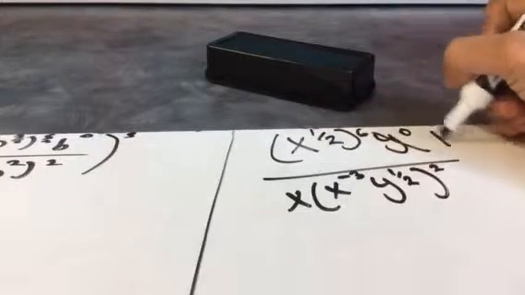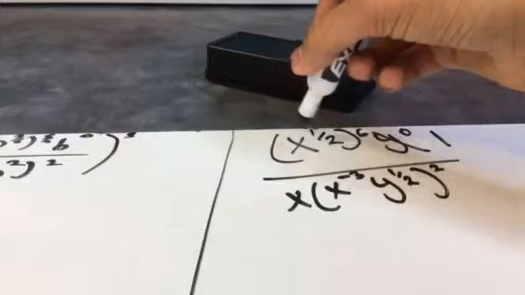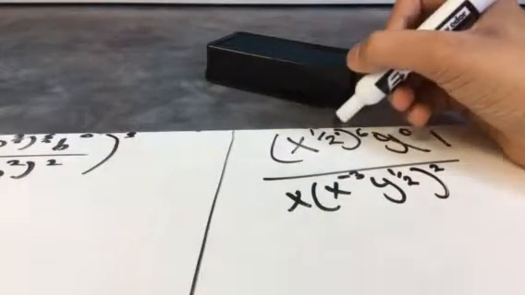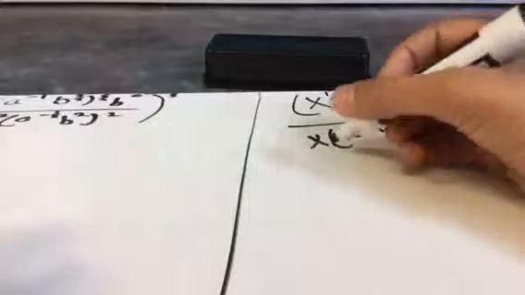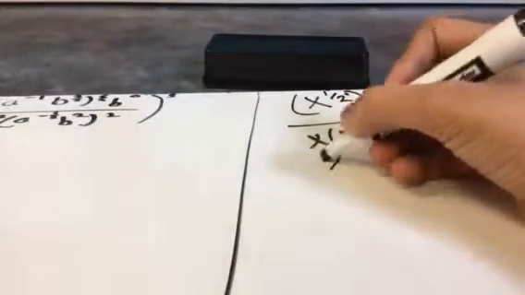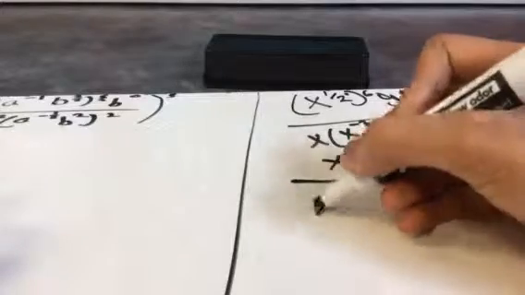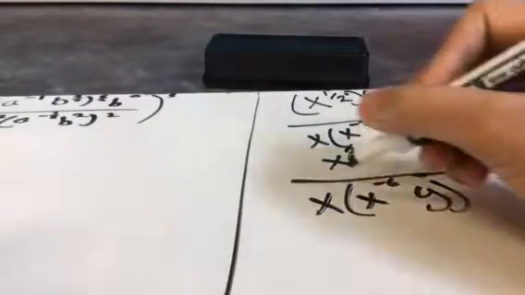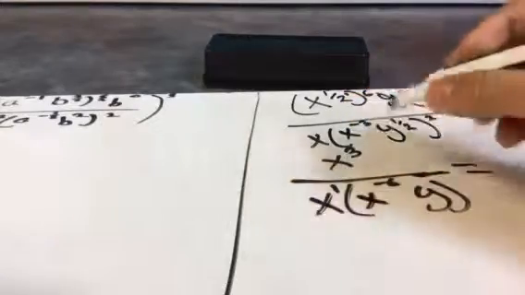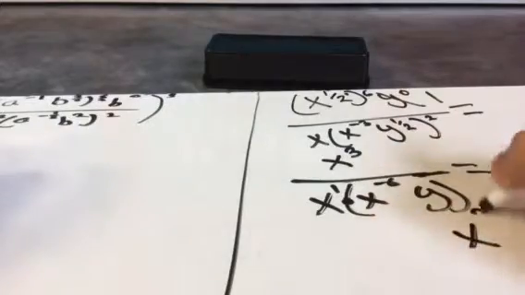anything to the power of 0 is equal to 1, even a variable, so you'd get x to the power of 1/2 times 6, and since this is in parentheses, you're basically multiplying exponents, so this would be 6/3, so that's equal to x to the power of 3 all over x to the power of 6 over y, and when you multiply the exponents you'll start to add, and you'll get x to the 3 over